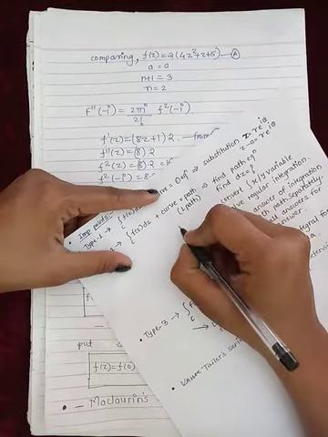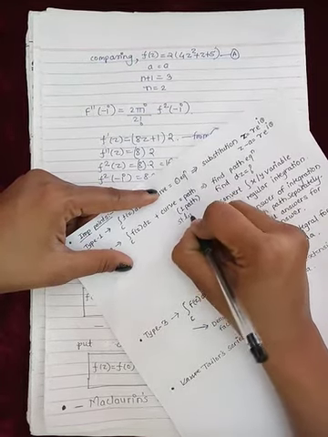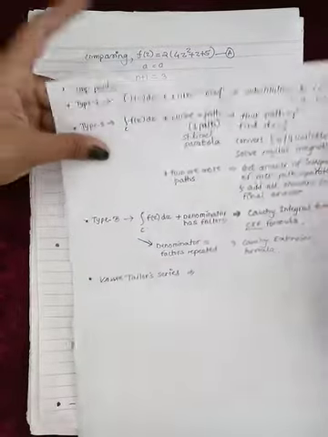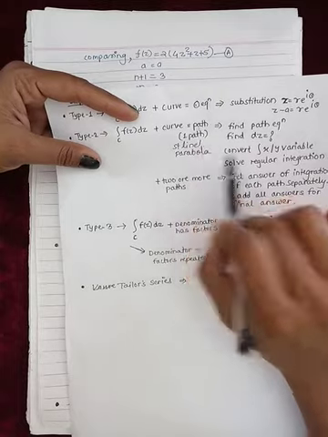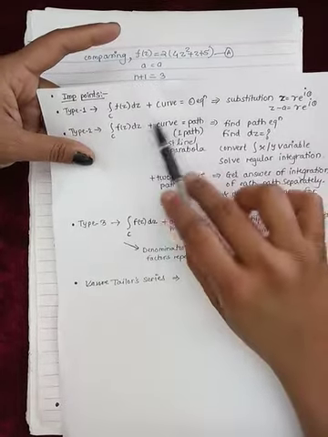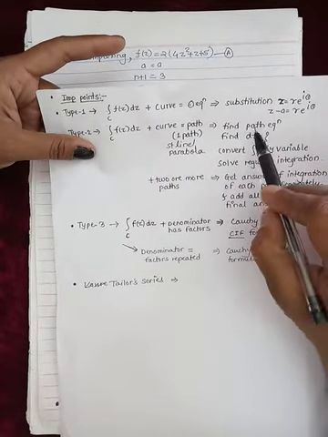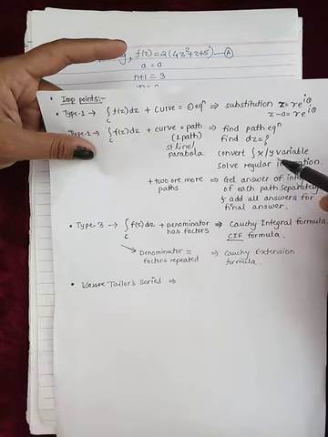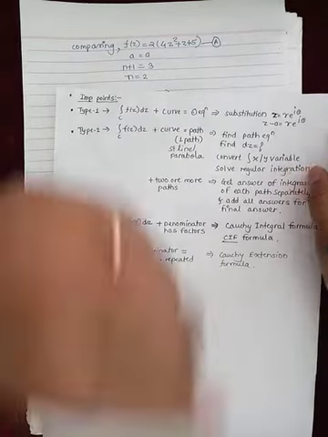The paths are, for example, a straight line or a parabola. So if the integration function plus a path is given, what is the method for finding the integration answer? We first find the path equation, then find the dz value, then convert the given example into x or y variable, and then solve that integration regularly by using the integration formula.